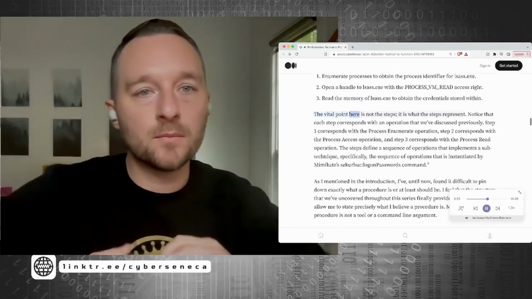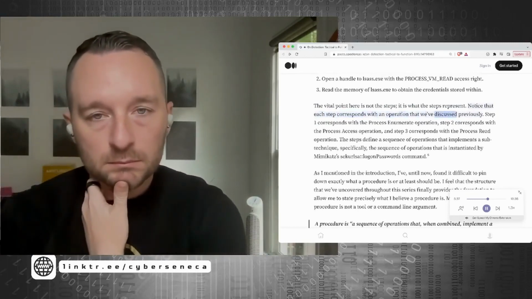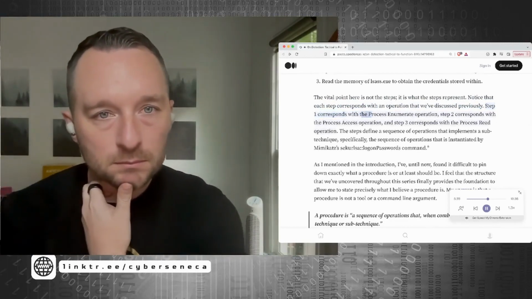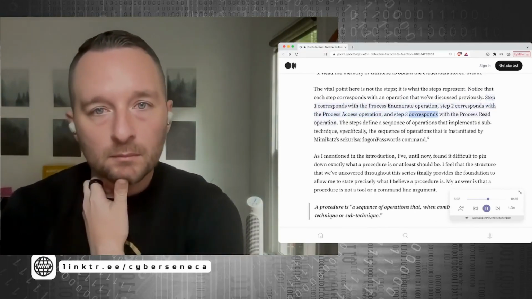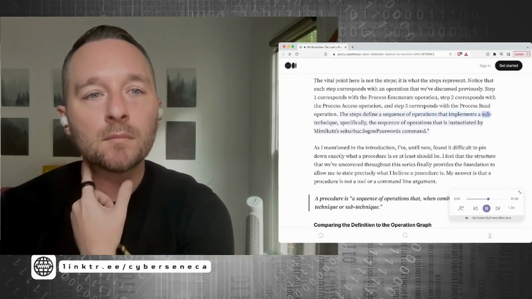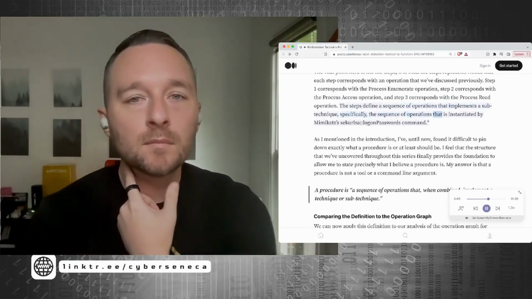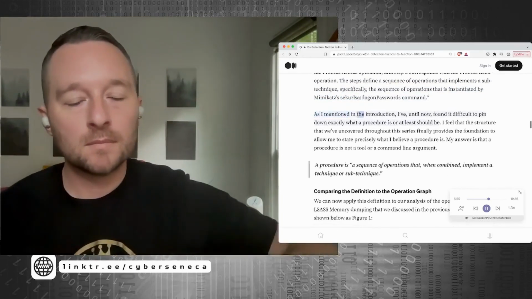The vital point here is not the steps, it is what the steps represent. Notice that each step corresponds with an operation that we've discussed previously. Step 1 corresponds with the process enumerate operation. Step 2 corresponds with the process access operation. And step 3 corresponds with the process read operation. The steps define a sequence of operations that implements a sub-technique. Specifically, the sequence of operations that is instantiated by Mimikatz's sekurlsa::logonpasswords command. As I mentioned in the introduction,